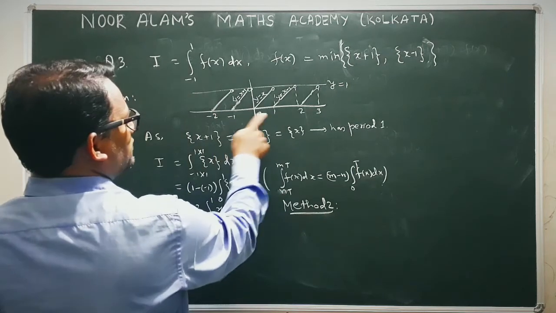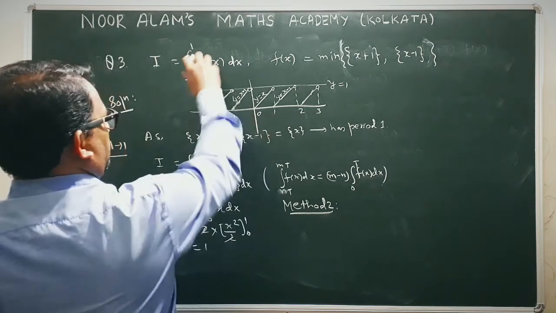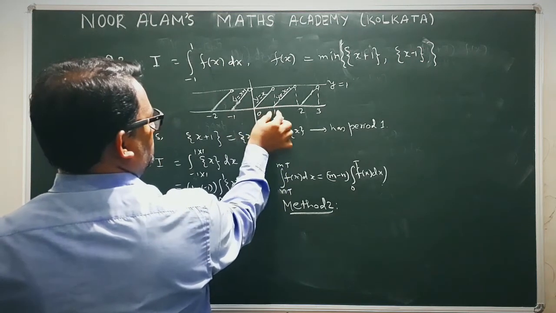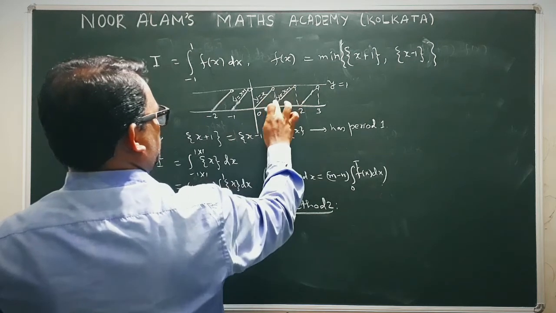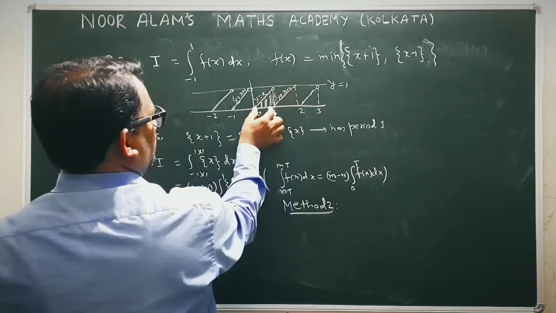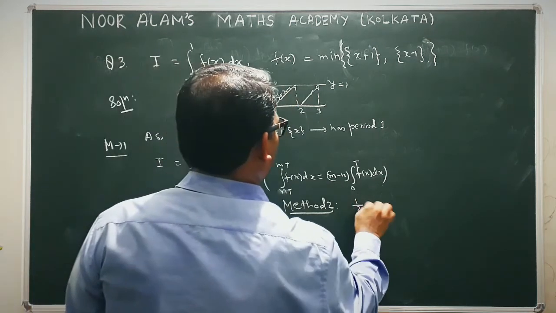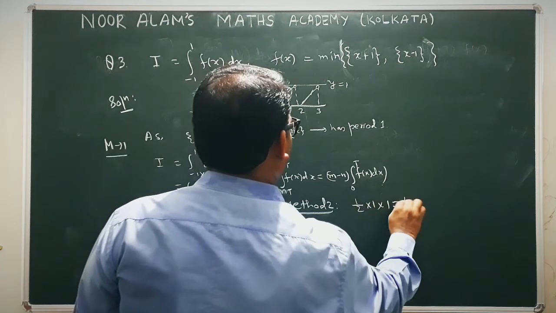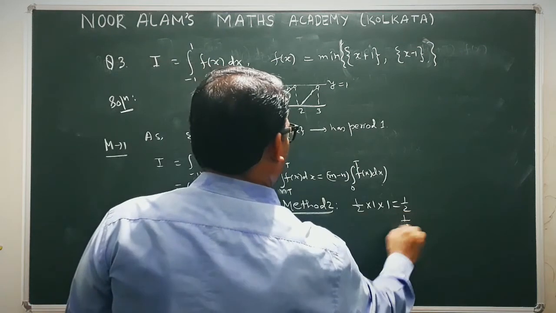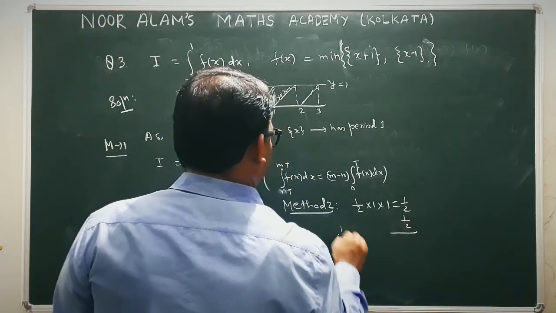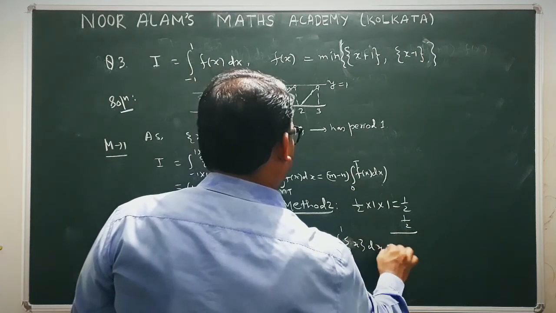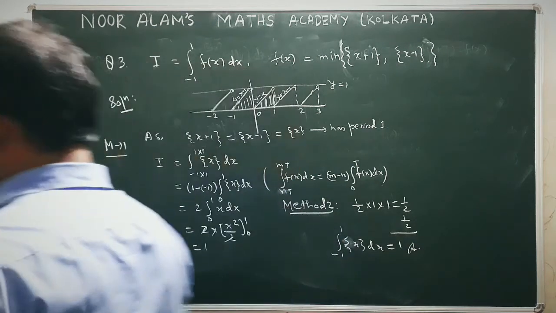Now from minus 1 to plus 1, we have to find the integration. So what we see is that if you take the integration from minus 1 to 0 and then 0 to 1, we get two congruent triangles. If we calculate the area of this triangle, which is half into base into height, that is 1 by 2. The same triangle we get here also, which has the same area, 1 by 2. So as a result, when we add, the integral from minus 1 to plus 1 of the fractional part of x dx we get half plus half, 1. So in another way we can solve this problem.